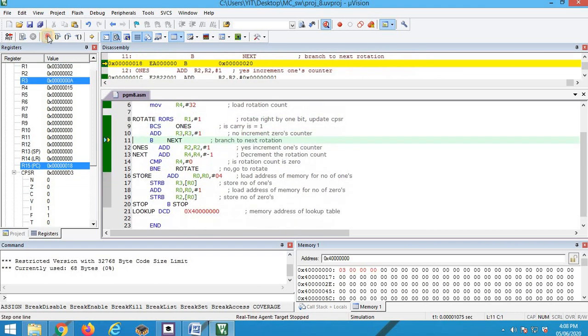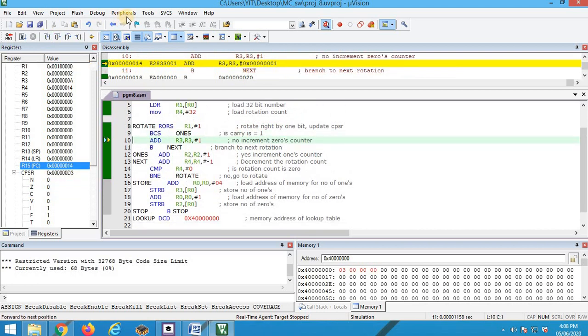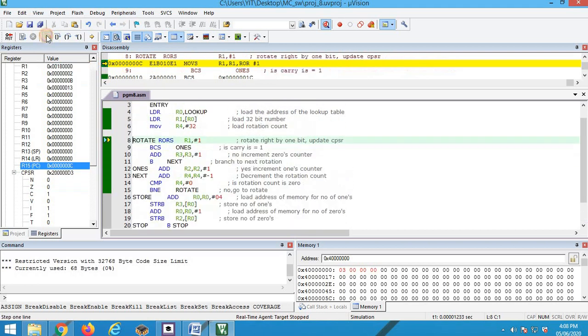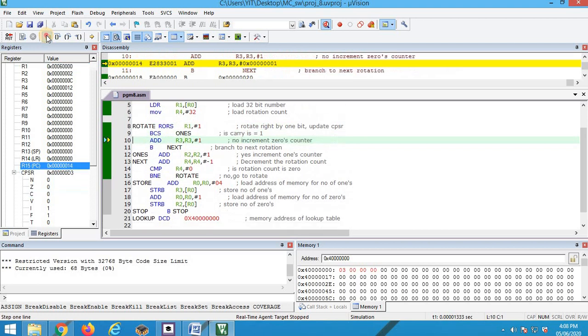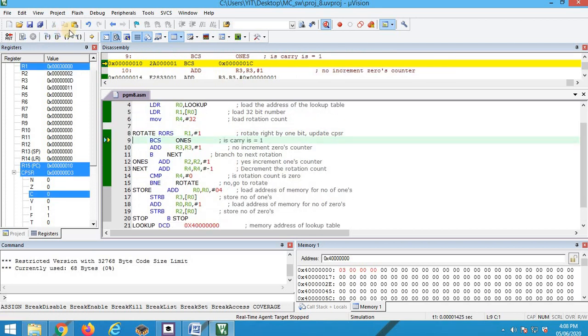So like this it goes on. 30 in hexadecimal, how much is it? 1, and 14 is the remainder, 14 is nothing but E. So this should become 1E.